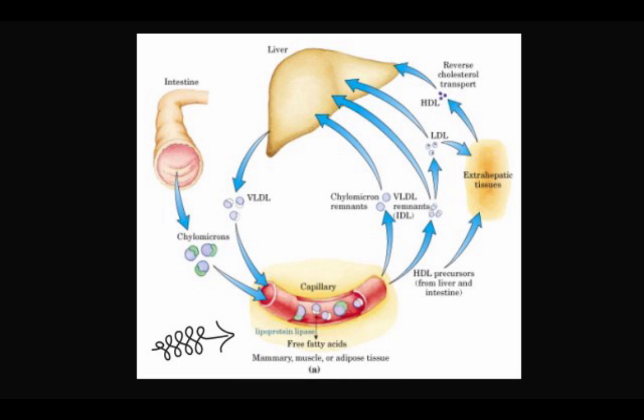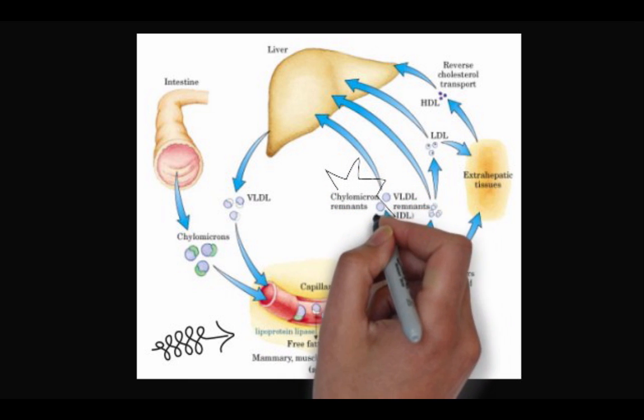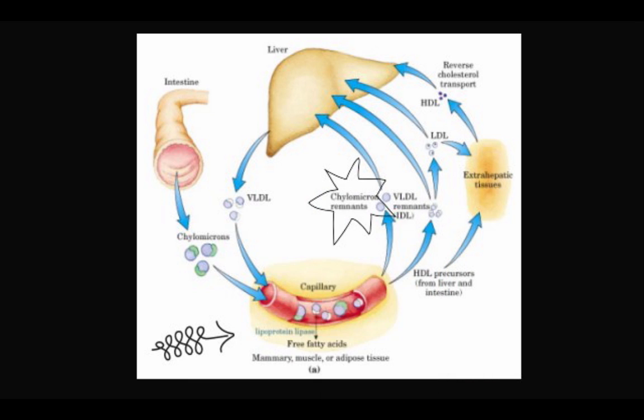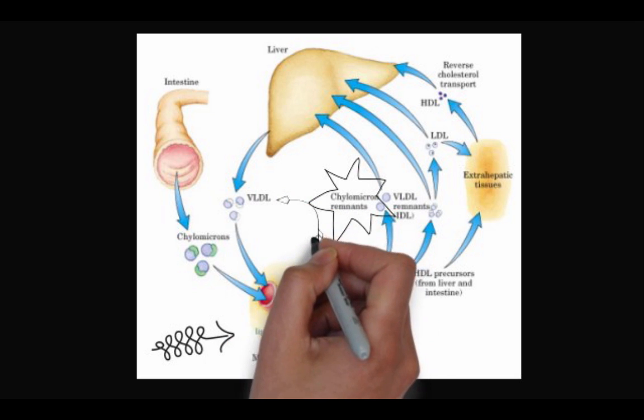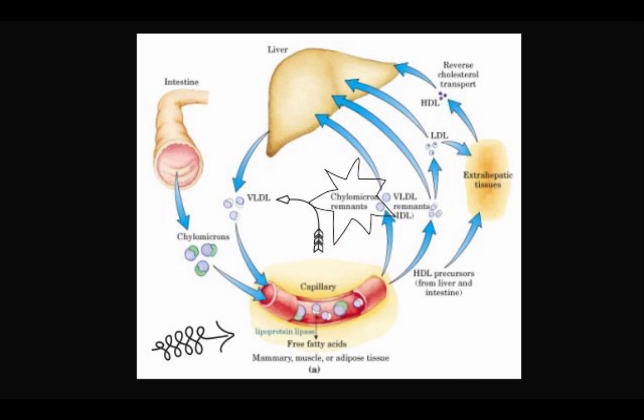Muscle cells can immediately use the absorbed fatty acids for fuel. Adipose tissue, on the other hand, tends to reform the fatty acids into triglycerides for storage. After triglycerides have been removed, a chylomicron remnant remains. Chylomicron remnants are removed from the circulation by the liver, and their components are recirculated to make very low density